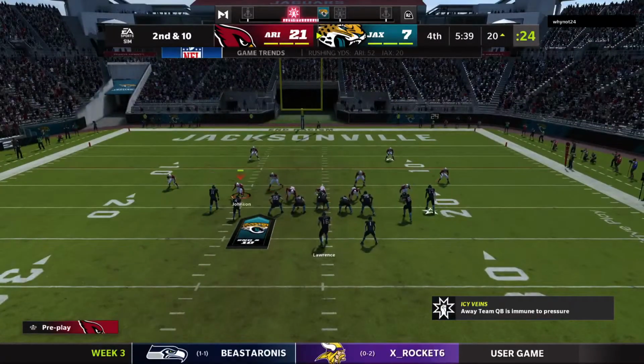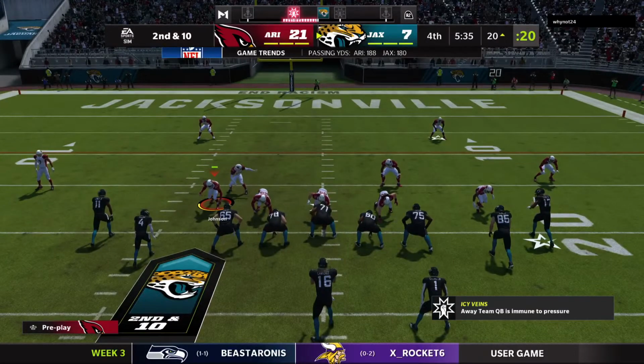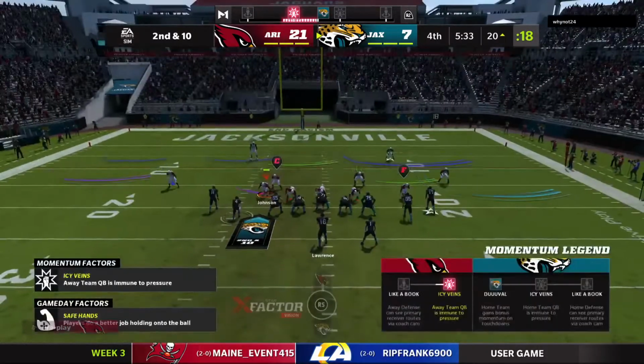Let's go. Let's get this ball back for the offense. Let's go. Let's go. Hey, well, Mike 34. Mike 34. You remember me? You remember me? Let's go,